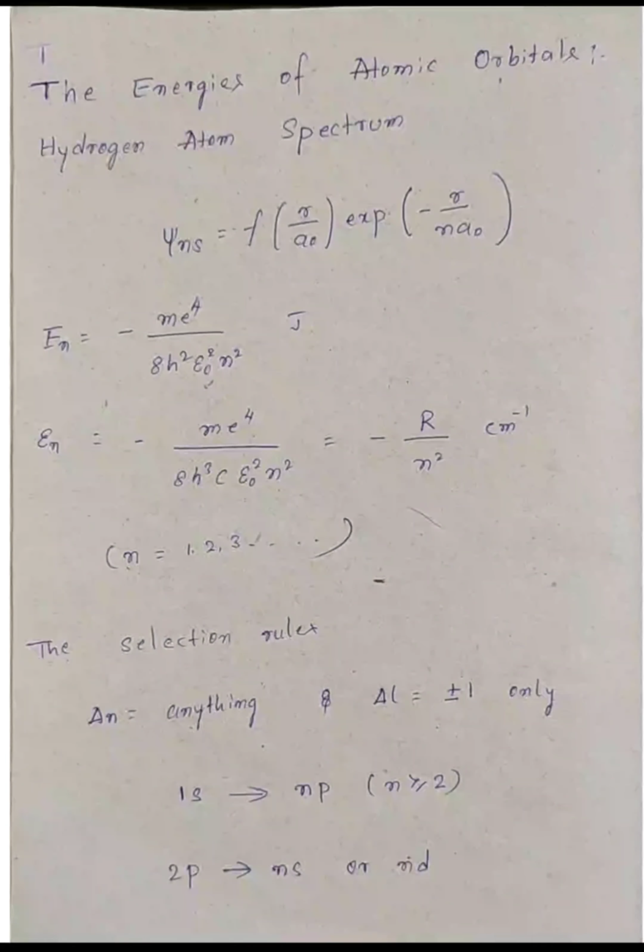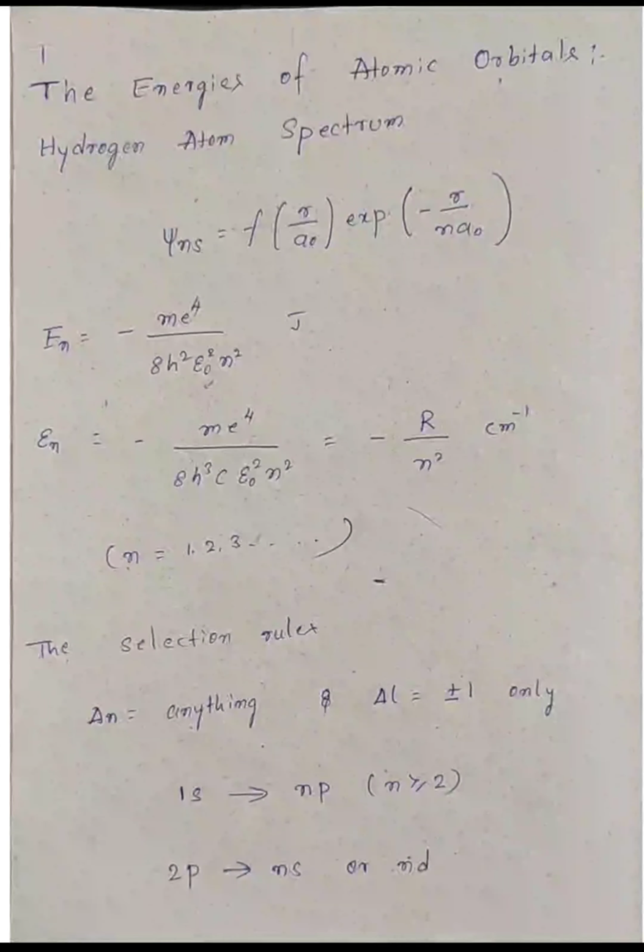The p shell actually says principal. S indicates the sharp series, p indicates the principal series, d indicates the diffuse series, f indicates the fundamental series. The p shell is an elliptical orbit, d and f are also elliptical orbits. The s shell is the only circular orbit. Okay, then